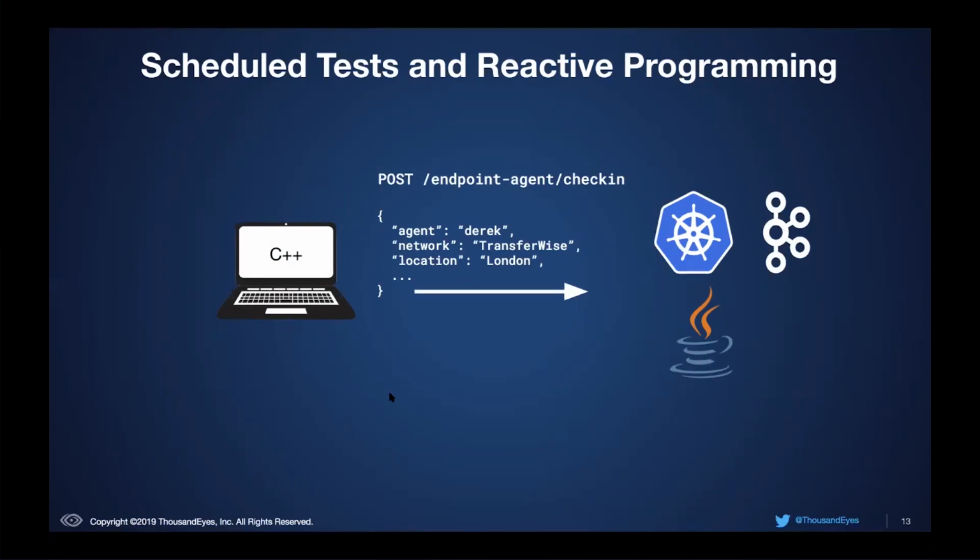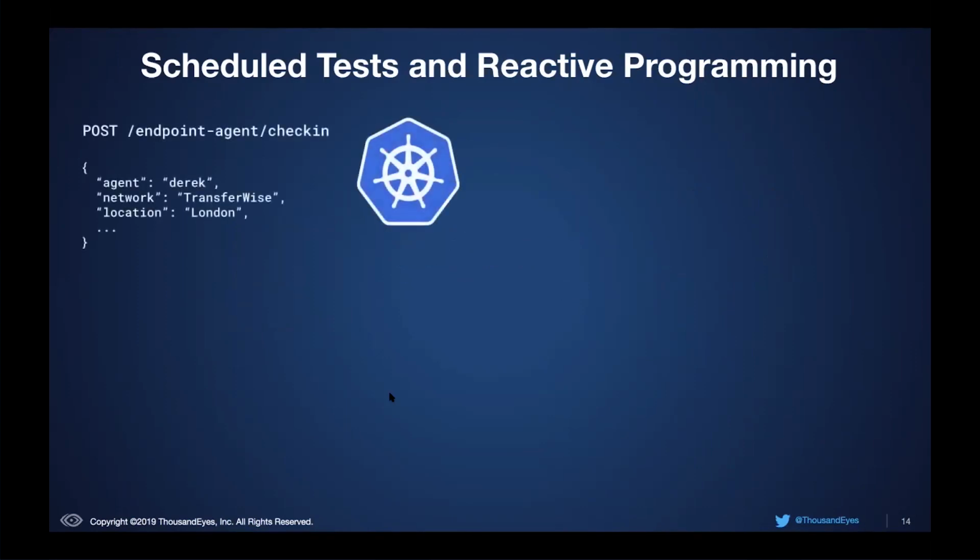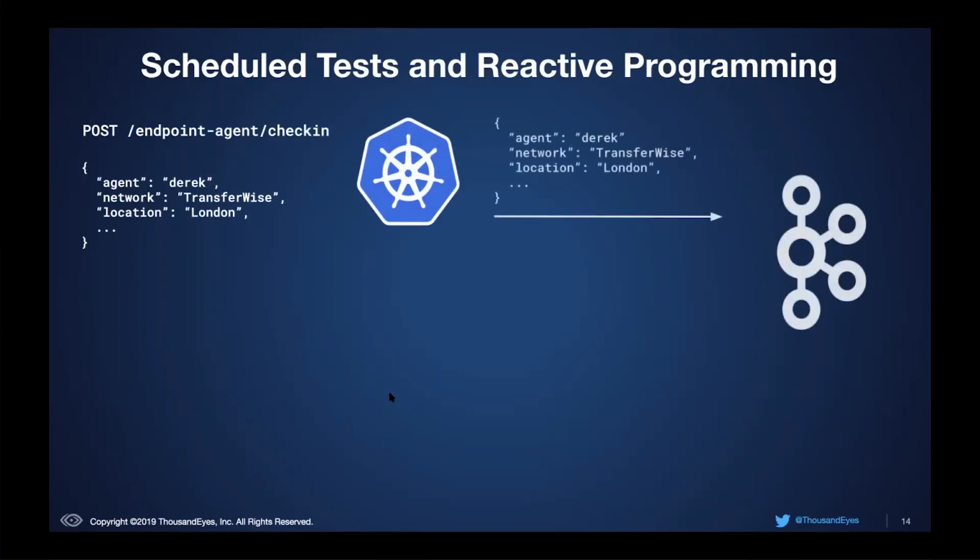And it's also what allows us to filter out these agents later. So recall on the previous slide, we want to target all the agents in London. And this is how we're able to begin targeting that, because the agent will submit its location. Now, from a backend point of view, this is what happens when a check-in happens. We first put the payload into an asynchronous event queue.